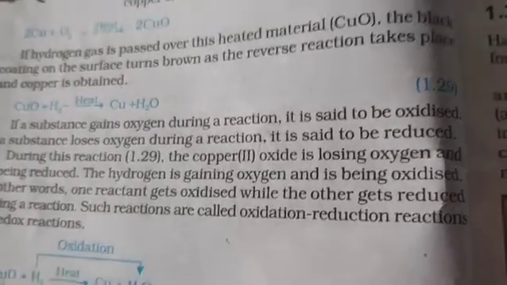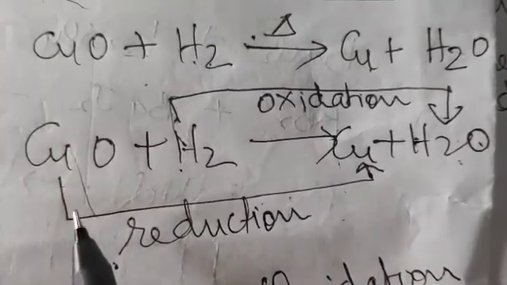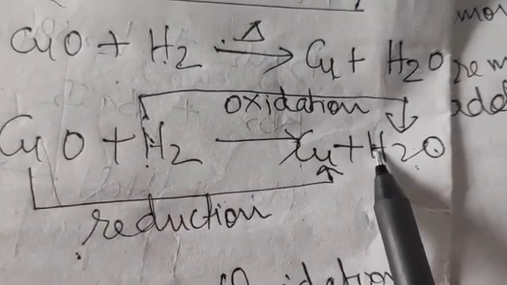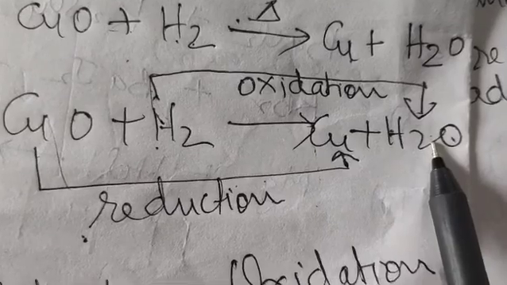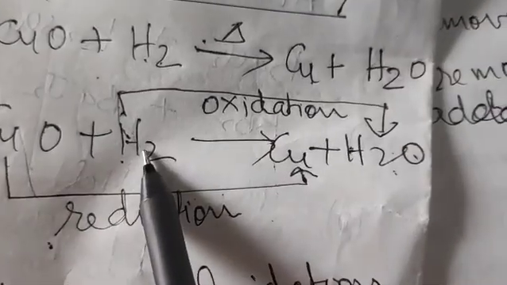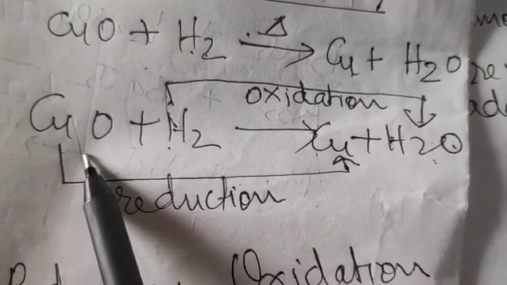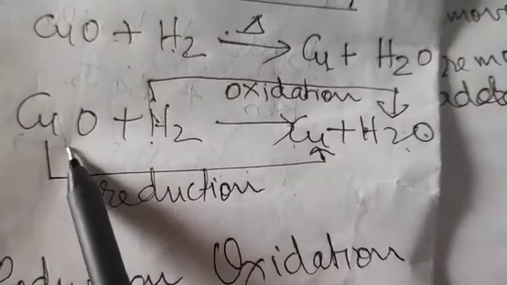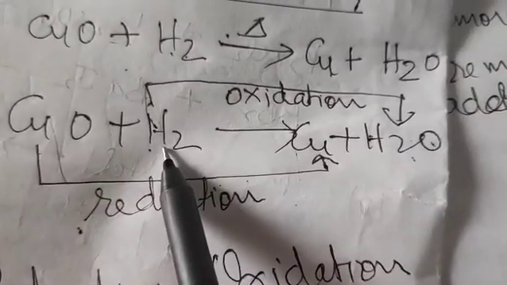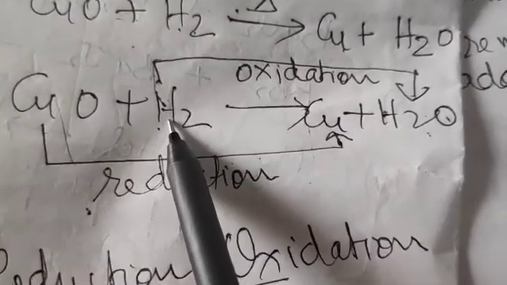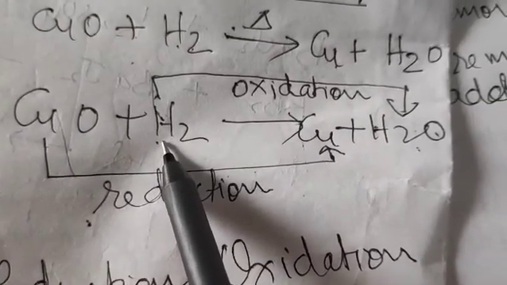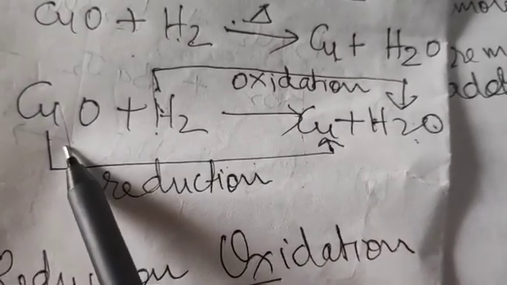Is that point clear? So, in this particular equation, once again, if you try to look into the equation which we had seen earlier in this part, you said hydrogen is getting oxidized to form hydrogen oxide. So, here hydrogen is getting oxidized, correct? At that time, copper oxide is getting reduced. Copper oxide is getting reduced because hydrogen is over there to reduce it. So, reducing agent will be hydrogen. This is bringing about the reduction of copper oxide.